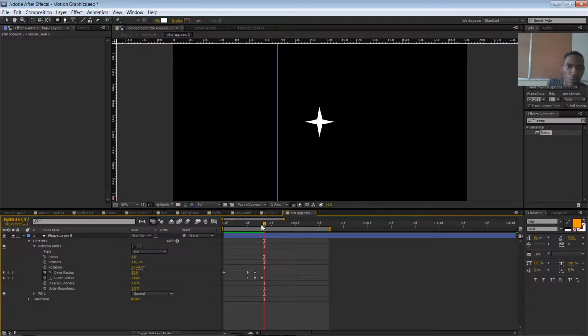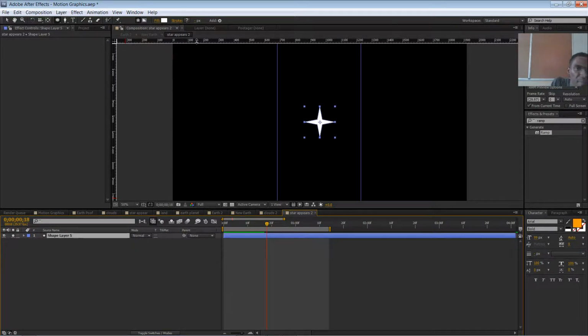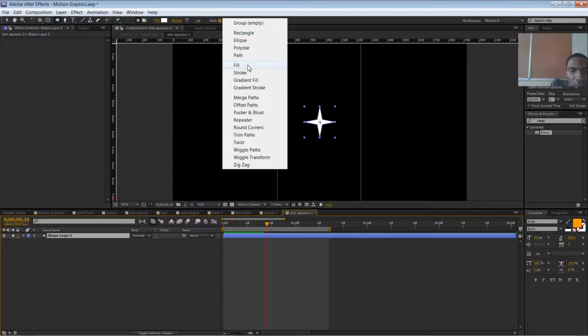Cool. What do we need now? We actually want it to have that star or that ring coming out of it. And to do that, we're going to have to add one more shape layer. I'm going to choose add. I'm going to add an ellipse, or I could even use a